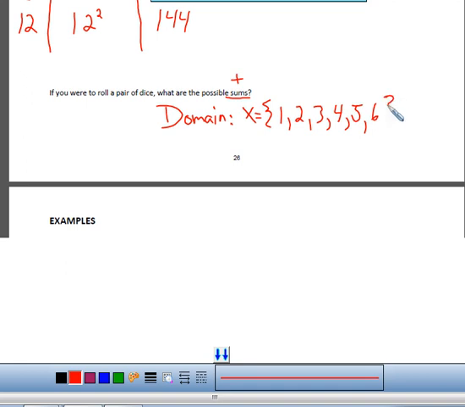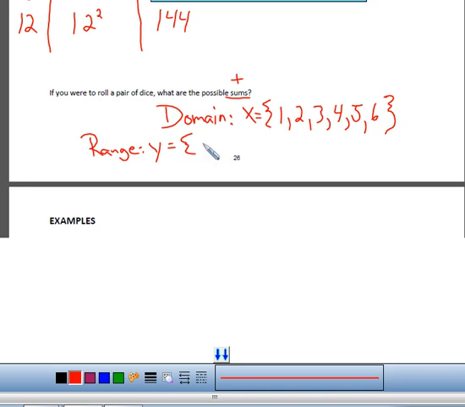Now I could have made a table for this, but it's actually kind of simple when you start thinking about the math. So we have 2 dice, and these are the numbers. Now I did not repeat them because we don't repeat these when we come up with the domain and the range. The range, I need to give myself a little more room. When you add two dice together, you get, this time we use y equals,